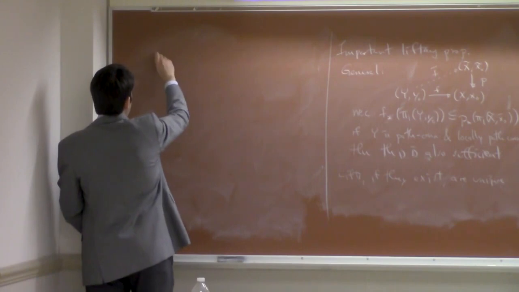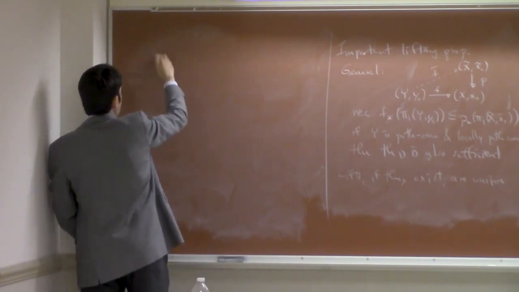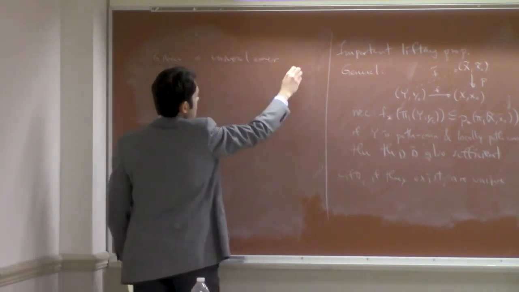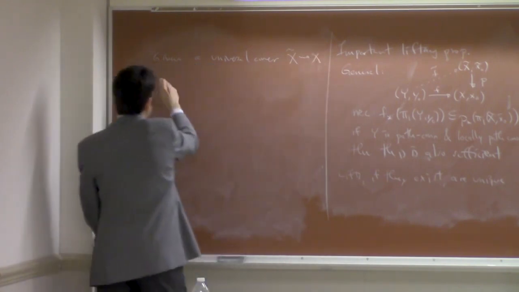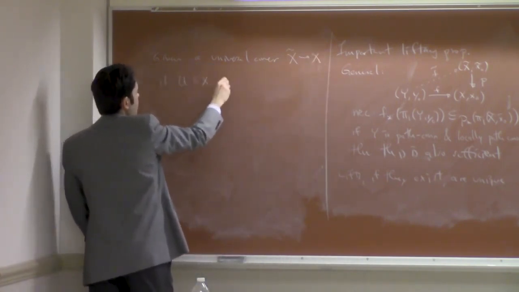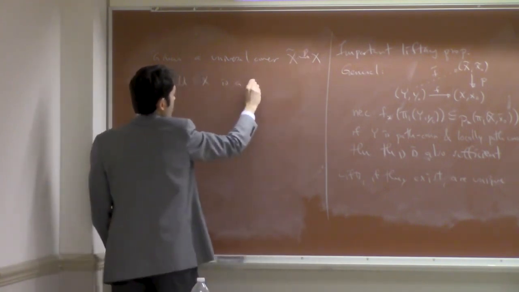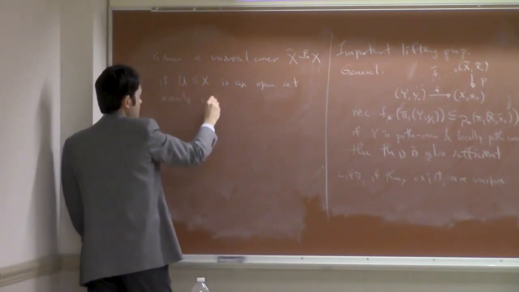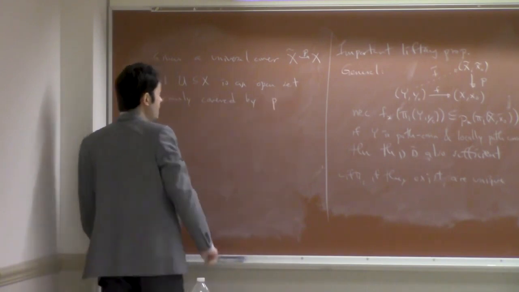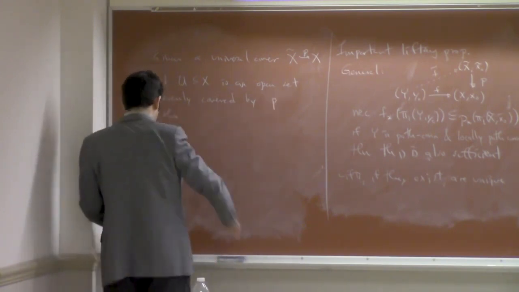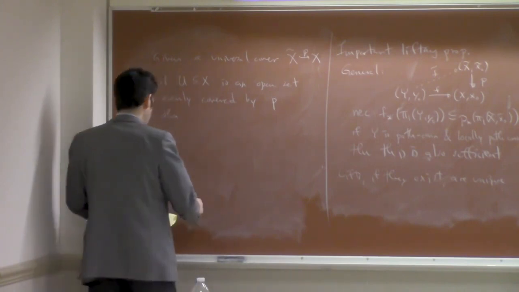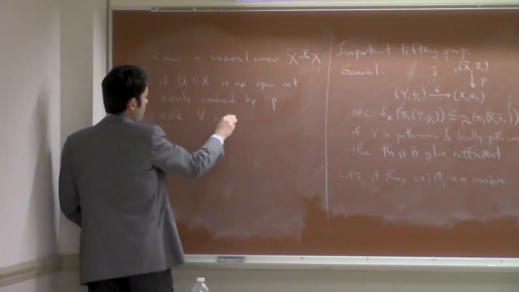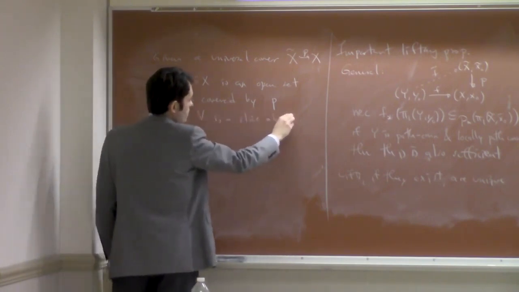In that case, given a universal cover, if U is an open set evenly covered by P, and V is a slice above U,